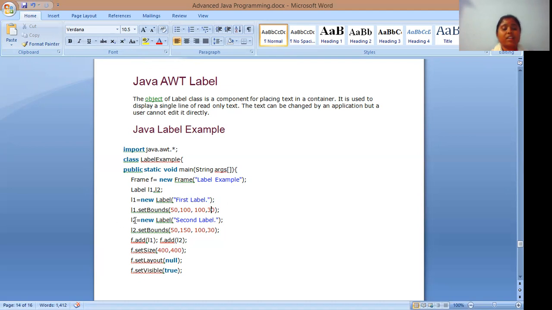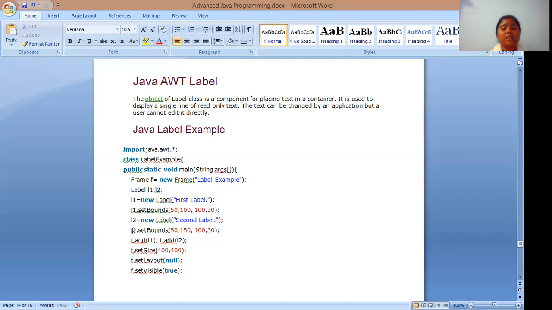Now again we are allocating memory to the L2 object. This is L2 label equals to new keyword, label class name, and passing the argument string value, that is the label value which appears on the label, in double quotation second label. Now semicolon.